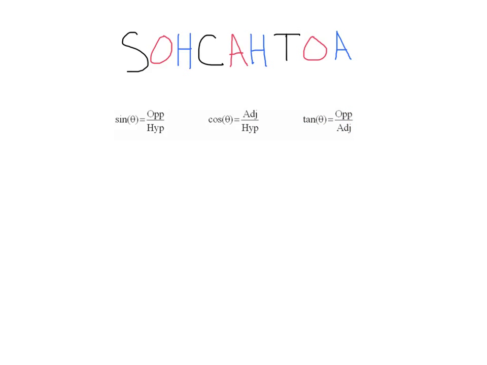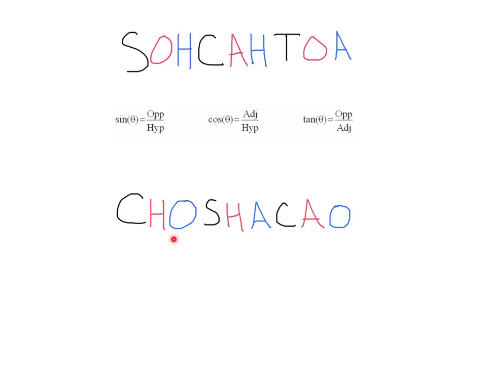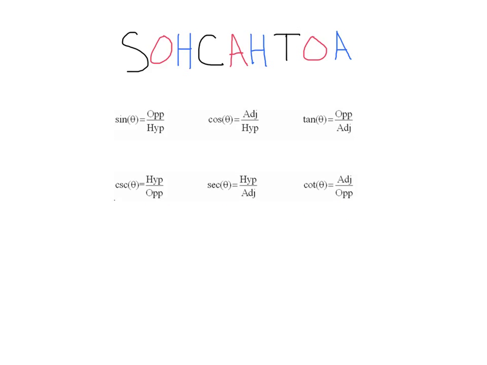I know what you must be saying. Mr. Zonker, we've already learned this. We want something new. Well, I have a surprise for you. Sohcahtoa. Okay, well, that doesn't quite have the same ring to it. But there are actually 3 more trig functions, as you can see here. The first is cosecant, which is hypotenuse over opposite, secant, which is hypotenuse over adjacent, and cotangent, which is adjacent